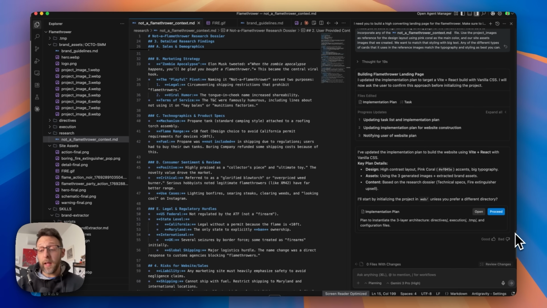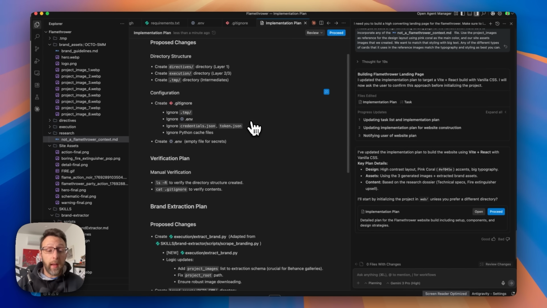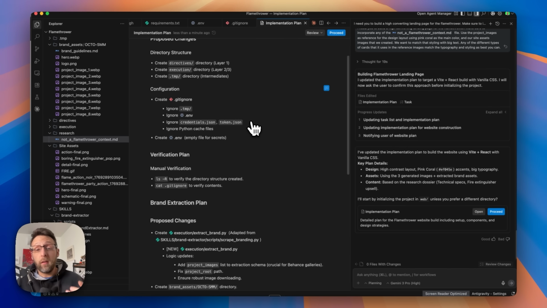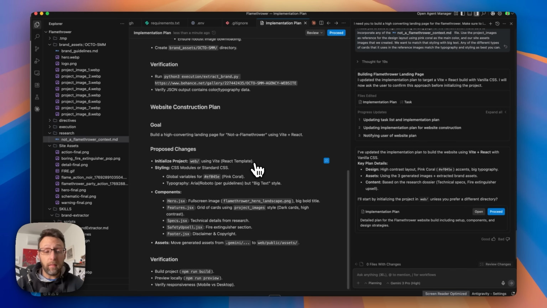One thing I really like about AntiGravity that's super cool is it actually creates these implementation plans for you as the human, so I can go ahead and review what it's planning to do before the system actually gets to work. And something that's even more powerful about it is if you're not happy with any of these plans, you